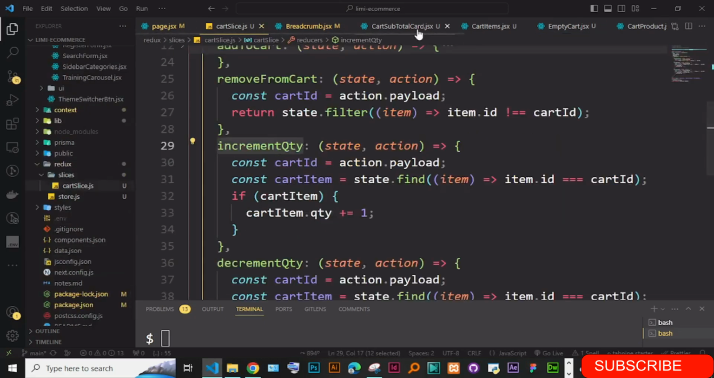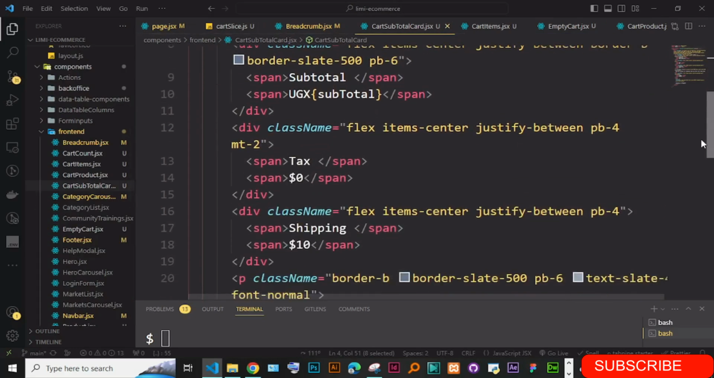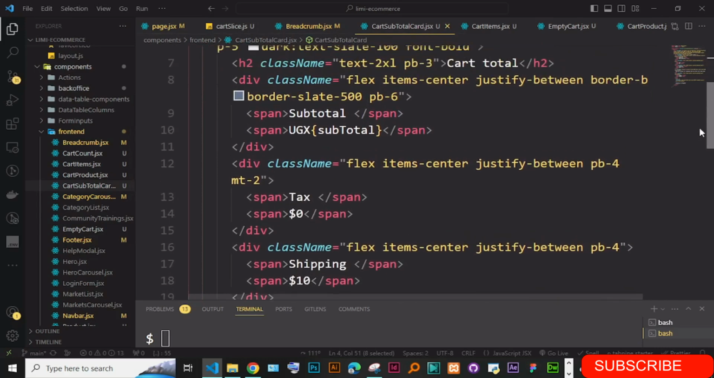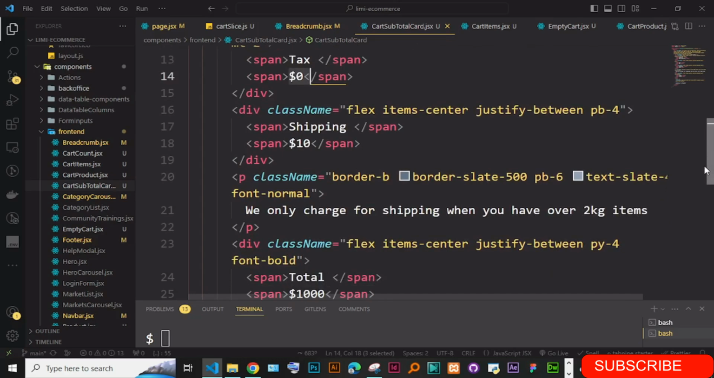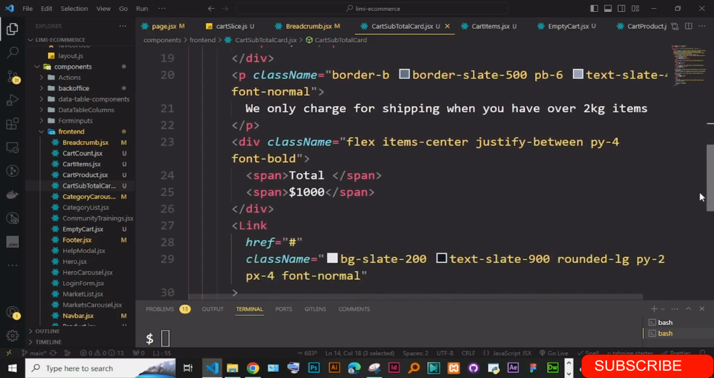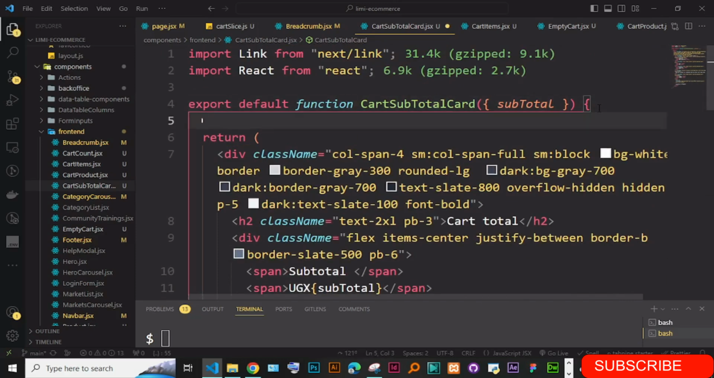Let's go ahead in this cart subtotal. So we have the subtotal, and then we have this tax. I don't know how the tax is supposed to be passed, but we have the shipping and that kind of stuff. But let's come here and calculate this full total. So you could say const totalPrice is equal to subtotal